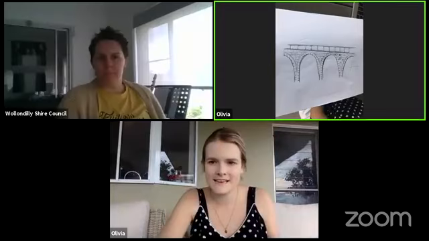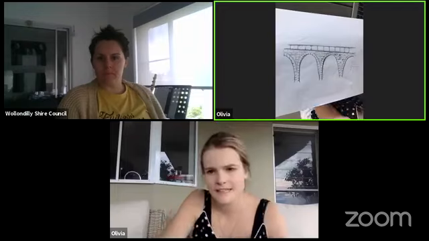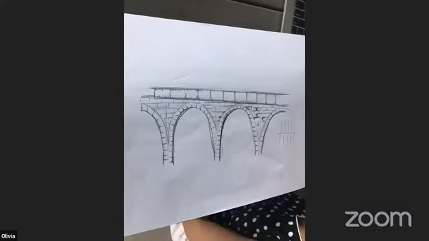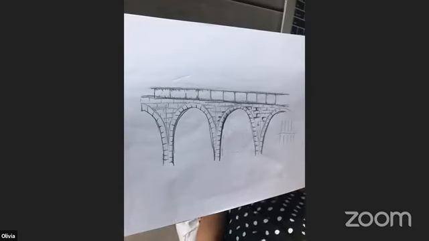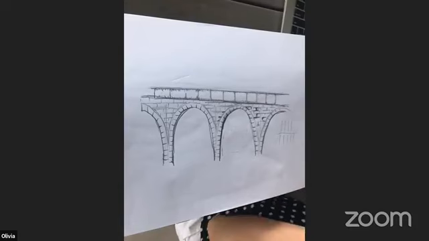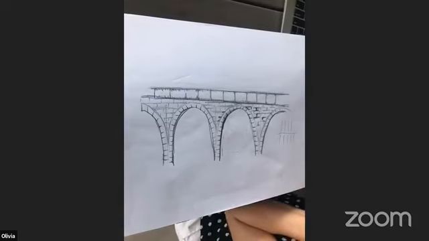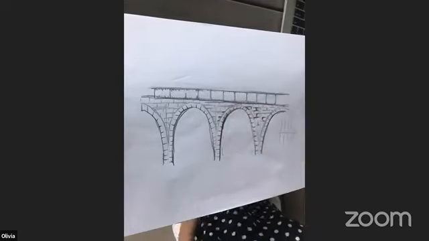Okay, so just keep going just on those bricks, and I'll give you another 2 minutes. If I'm going a little bit fast, I'm sorry, I'm trying to fit as much as I can in. You can always go back and watch it again and pause it if you'd like. We're going to come back to doing the actual viaduct, but